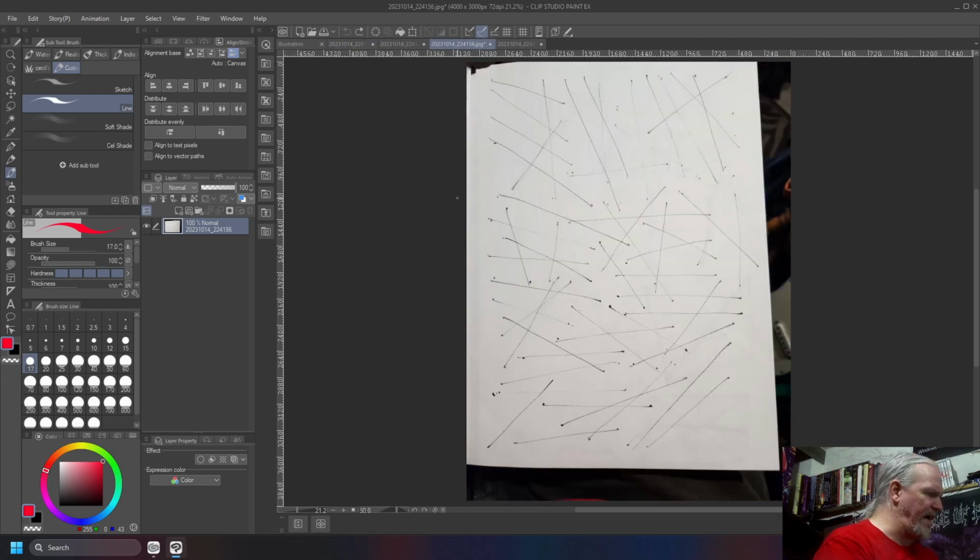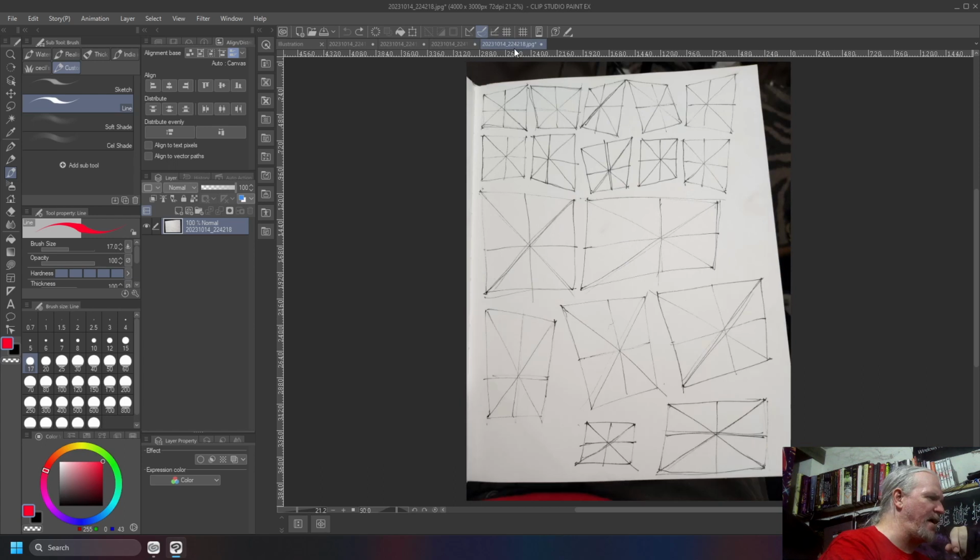Because you come over here, and a lot of these lines, I couldn't get my hand on the paper very well because of that seam, and I couldn't turn the paper in an appropriate direction where things felt right because of the edge of the page and the edge of the book, and I just didn't feel good about the whole thing. So I don't know, maybe I want to start over and just do the entire lines homework over again. But in any case, tonight is supposed to be my 50-50 stuff,